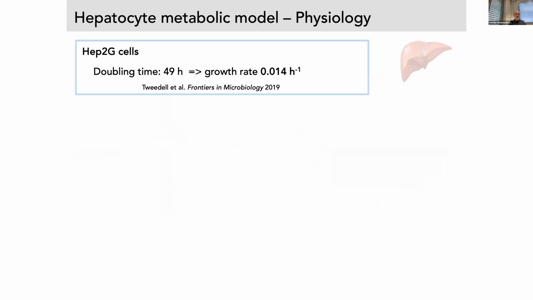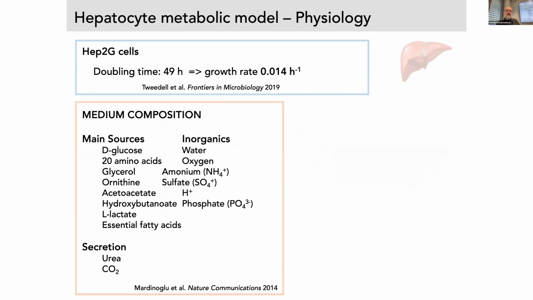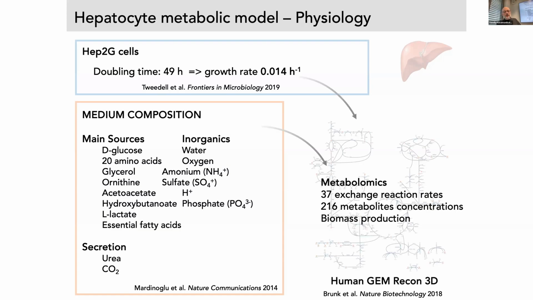Where do we start? We start with some physiology. Based on experimental data, we estimate the growth rate of the cell. Then we look at previous modeling work and specific experimental analyses to determine how the medium composition should look. These are the basic media composition. We put all this together, and we also impose 37 exchange reactions which correspond to this medium composition, and some other metabolites that are detected in